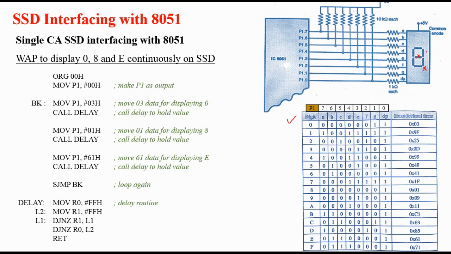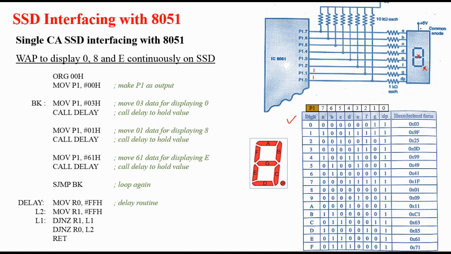So for that purpose we have to see this segment, this is the G segment. I don't want the G segment and the decimal point segment to remain on. I want them off, right? So in such a condition, we will make this G pin high and the decimal point pin high.